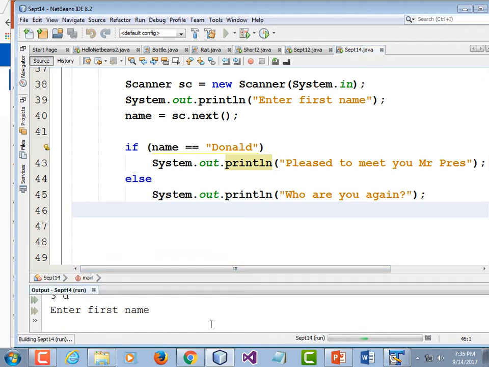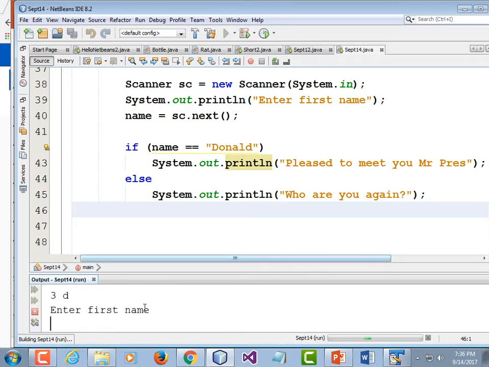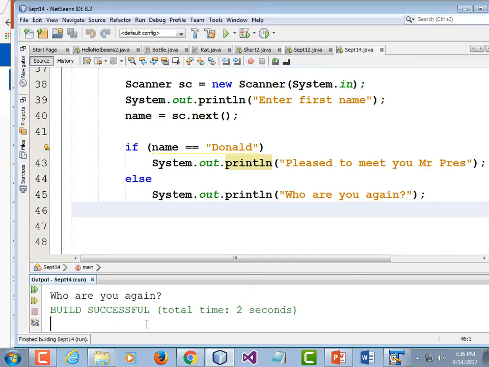All right, now I'm going to run it. It says enter first name. I'm going to type Jim. Jim does not equal Donald, so I know what it's going to print, right? It's going to print who are you again. It says who are you again? It met my expectations. I'm going to run it again. Enter first name. Donald. Who are you again? I go, what? I'm comparing you right there. That worked